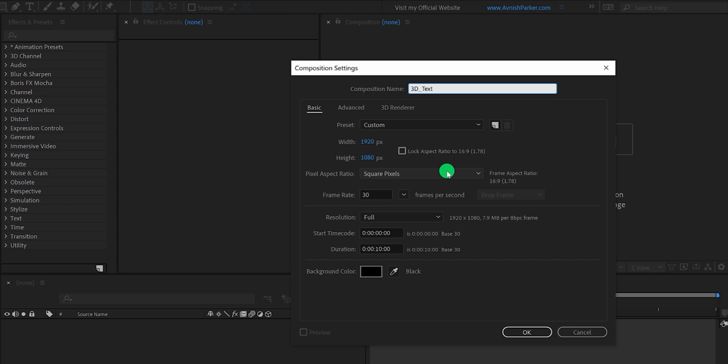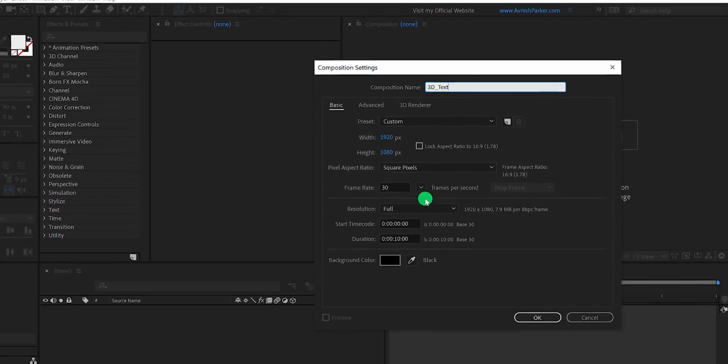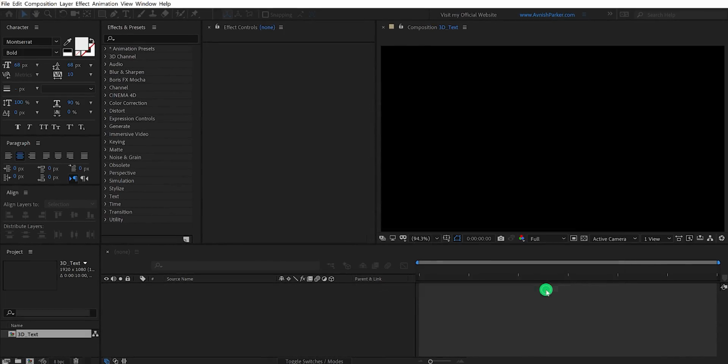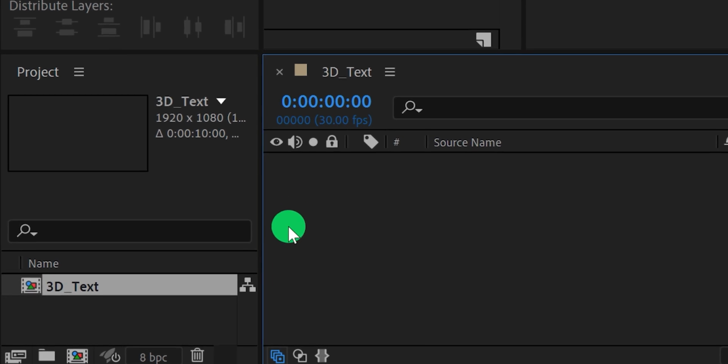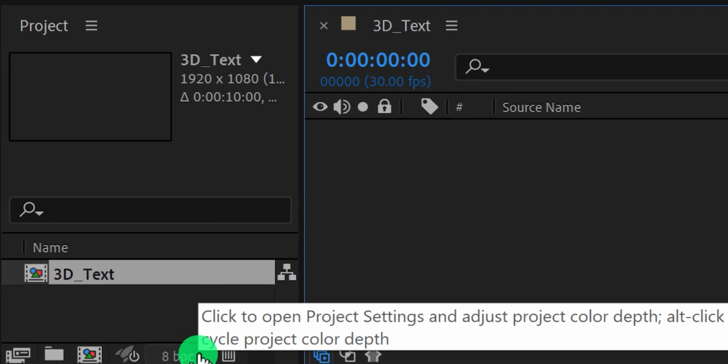I am calling it 3D text. As always, I am using the 1920 by 1080 resolution, at 30 frames per second. It does not matter the frame rate and the duration in this tutorial, because we are going to work on the static image. The first step is to make the color depth 32-bit per channel, so that it can